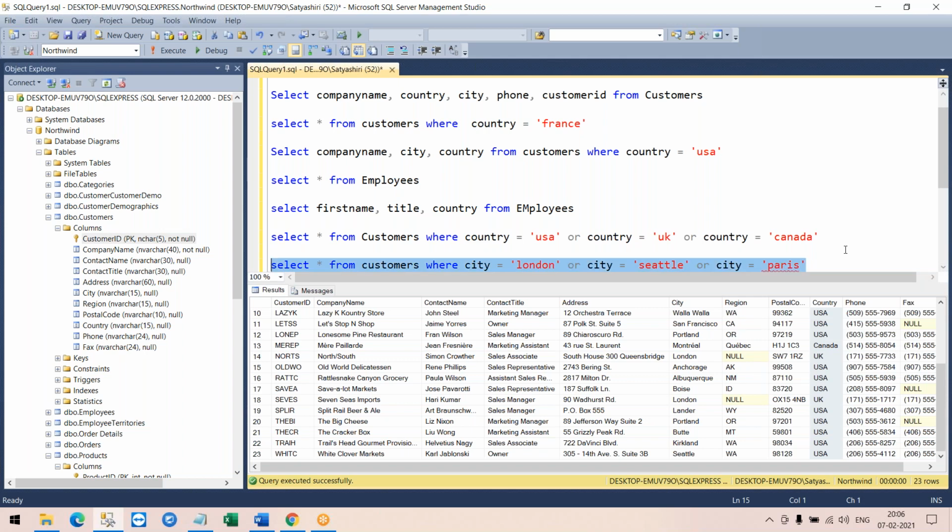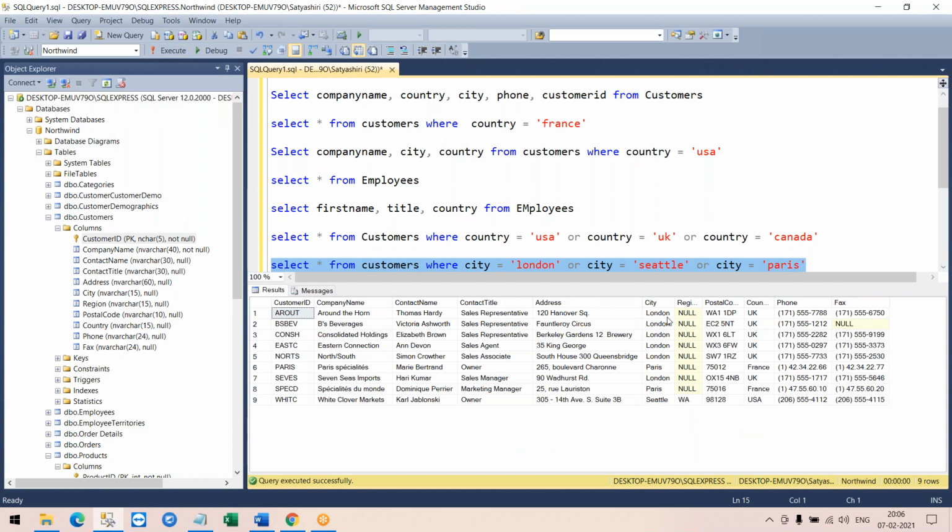Let's see how many customers we would get. There are London guys, there are Paris guys and there are Seattle guys. This is how you would apply the conditions.